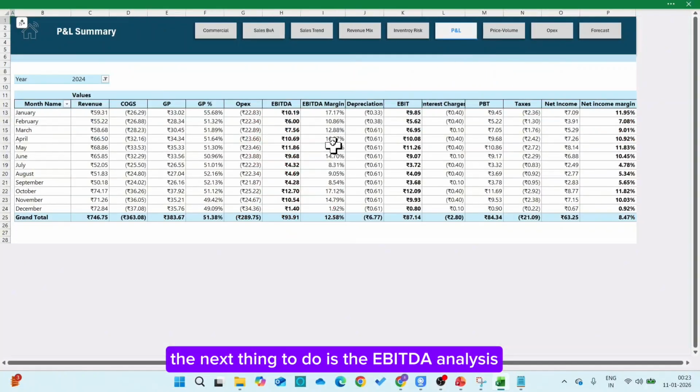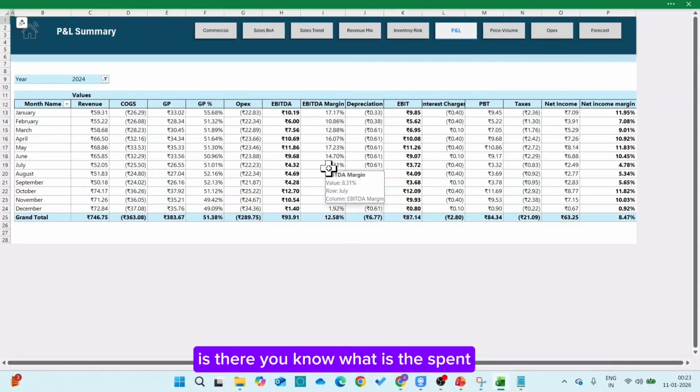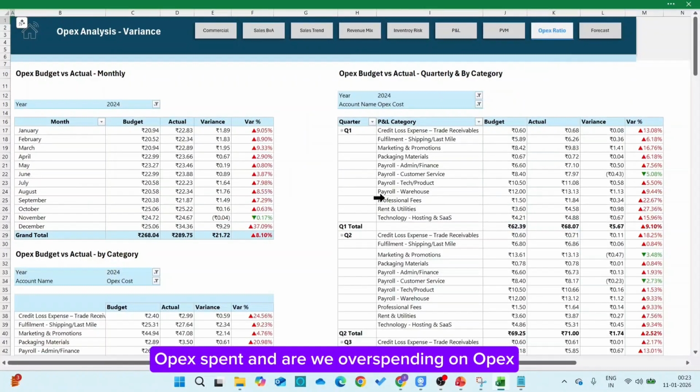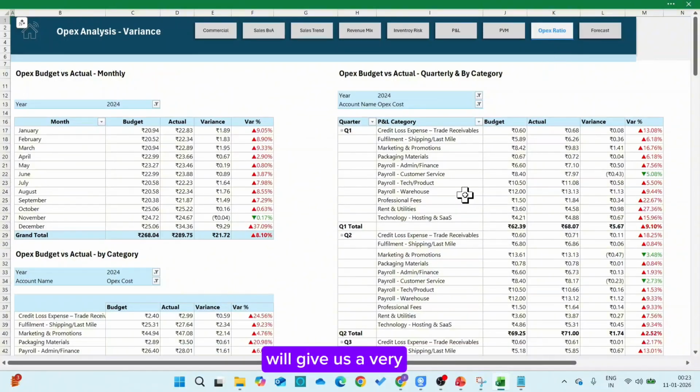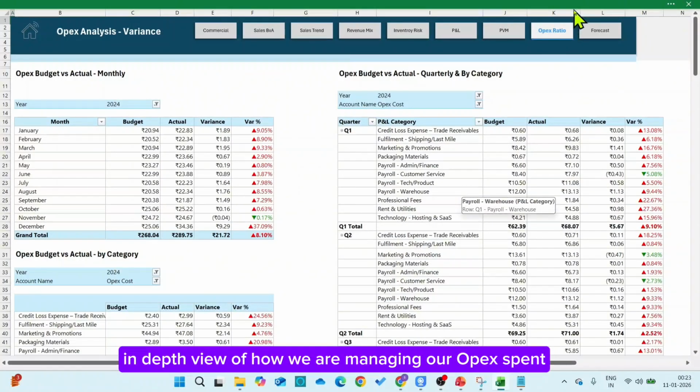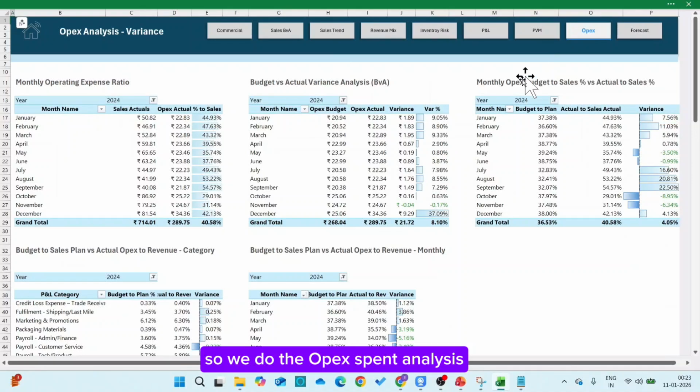is the EBITDA analysis. Why is the EBITDA dropping? What is the OPEX spend, and are we overspending on OPEX? So the OPEX spend analysis will give us a very in-depth view of how we are managing our OPEX spend. So we do the OPEX spend analysis, OPEX ratio analysis to look at the OPEX from various angles and understand